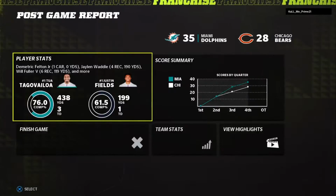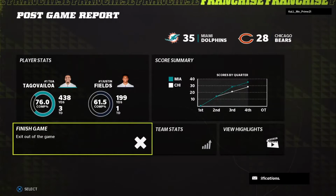Well, we were on hand for a fun and entertaining game here. Coming down really to that last play. Great job defensively to get the pick and